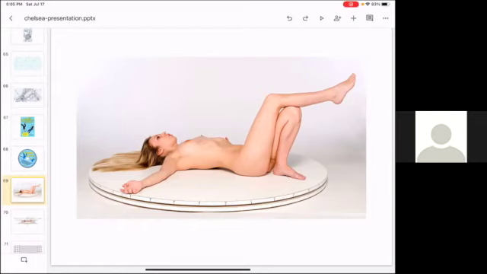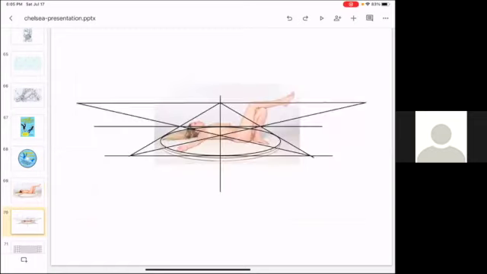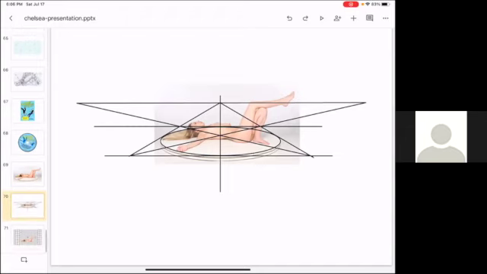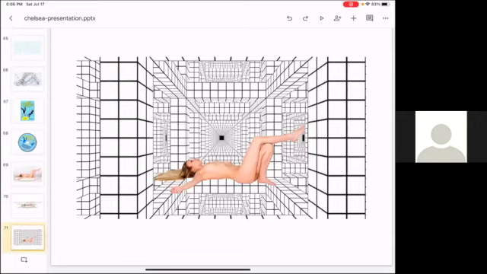Fortunately, this one includes one element, which is that turntable she's lying on, which can be presumed to be a circle, and I can draw a square around it and kind of estimate the kind of perspective scene she would be in. So having done that, I was able to put her into one of my perspective grids and use that as a basis for what I am going to show you next,